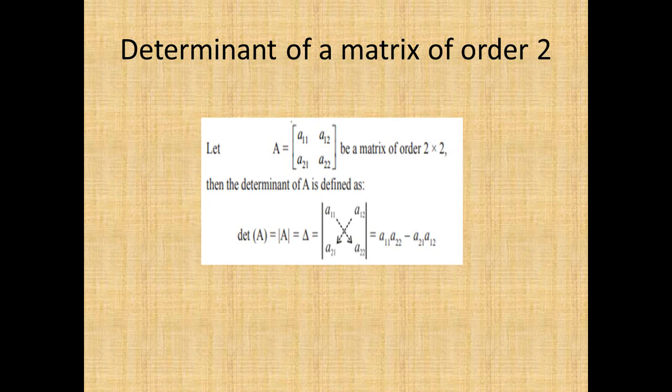Now let us move to the determinant of a matrix of order 2. 2 means the number of rows is 2 and the number of columns is 2. Let A be equal to a11, a12, a21, a22. That's the position of the elements of the matrix we have studied. Then the determinant of A, we'll find it out diagonally. Diagonally we multiply from left top to the bottom. That is a11 will be multiplied with a22 minus, keeping in mind, a12 will be multiplied with a21. Okay, and this is the order in which we'll find out the determinant of a matrix of order 2 cross 2.